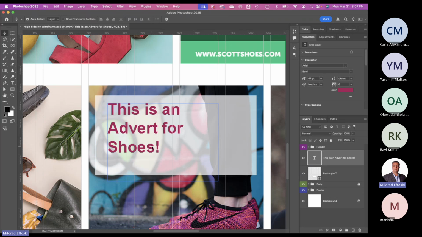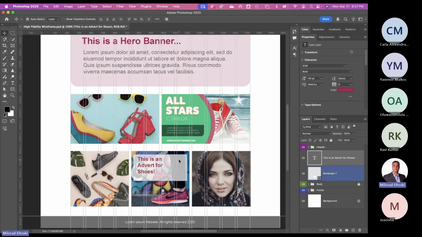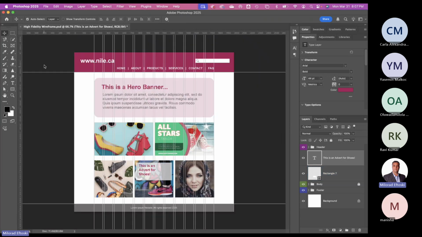Anyway, so you can put some content here on top of objects, elements, boxes, call to action, icons. You can get stuff from Illustrator if you want, Photoshop, back and forth. As you can see, this can become a product of a real website. And I'm following my 12 column layout